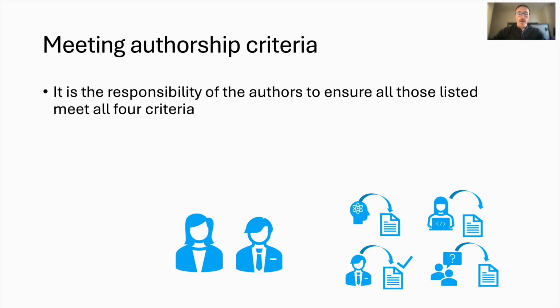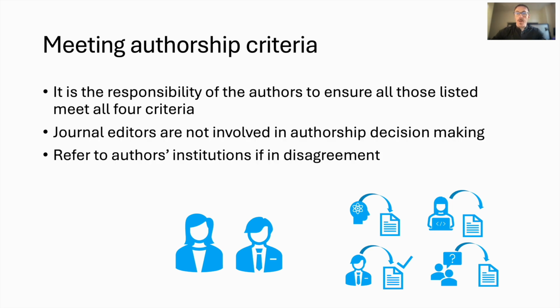So it's the responsibility of the authors, not the journal, to ensure that everyone listed as an author meets all four criteria. Journal editors are not responsible for deciding who qualifies for authorship or resolving disputes over authorship. If there is a disagreement about who should be credited, the matter should be referred to the institution where the work was conducted, rather than